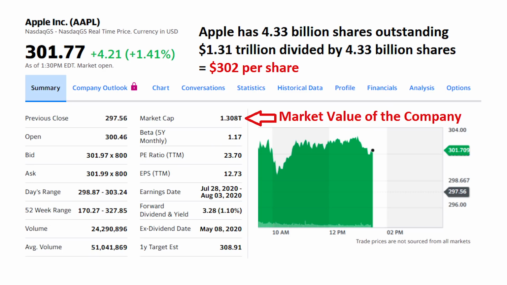So at its most basic, a stock price is just the market value of a company spread across all the shares outstanding. Stocks are an ownership of a company, so it's whatever investors are willing to pay spread across how many investor shares there are. Let's look at an example with Apple, ticker AAPL. The market capitalization, that's the value investors are willing to pay for the company, is about $1.31 trillion. We can find how many shares, or pieces of ownership, in the statistics tab on Yahoo Finance or just about any investing platform. Apple has about 4.33 billion shares available. So that's $1.31 trillion in company value divided by 4.33 billion, which gives us a share price of around $302 per share.